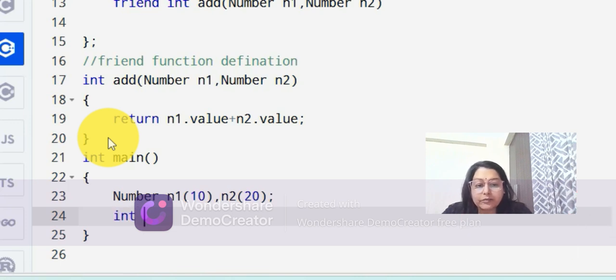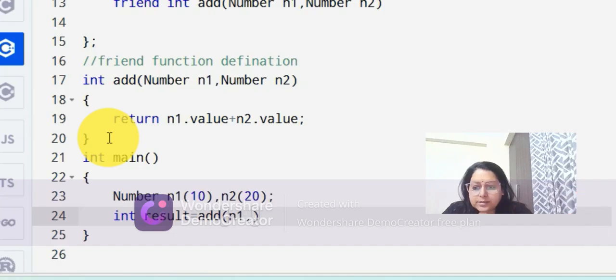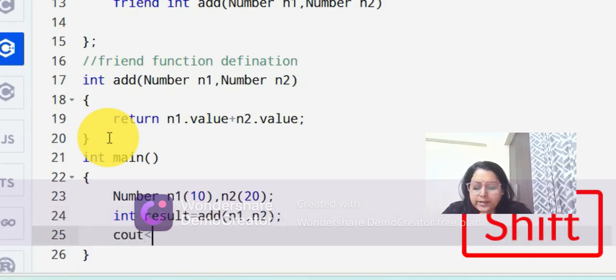Now we'll call our friend function to work. Here we'll create a variable result. It is not an object, it is a normal variable to catch our returned value, because a value will be returned, not an object. So a normal variable is more than enough. Here we are calling our non-member friend function by name only. The same rule applies for calling, no special rule for the friend function. Add, and the parameters, meaning the objects n1 and n2. Then a semicolon, and we will print with cout